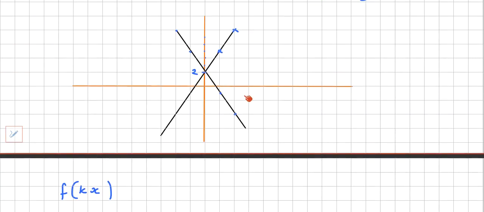So let's do f of what is left with just the x inside the function. Do you want me to put it back up, Connie? So have a think. What do you think f of kx does? So xy becomes